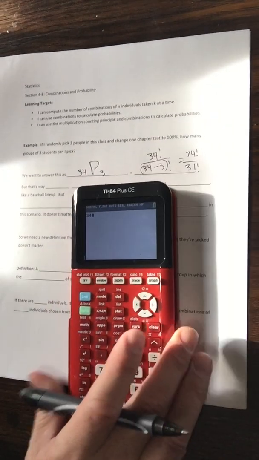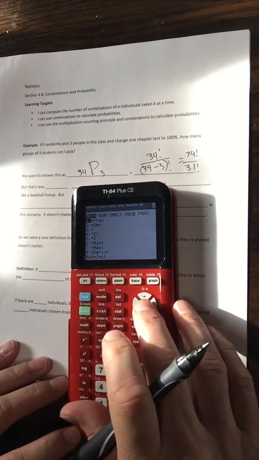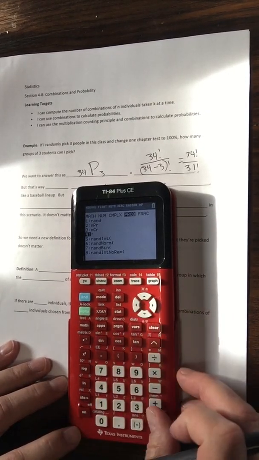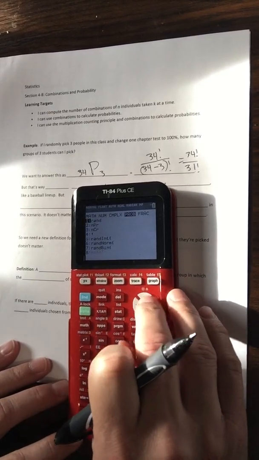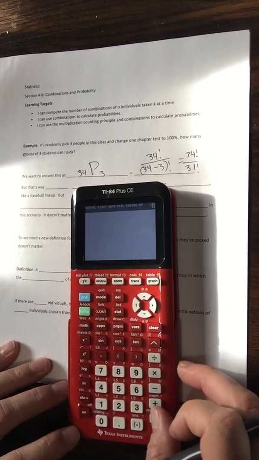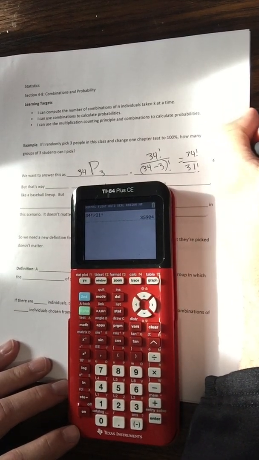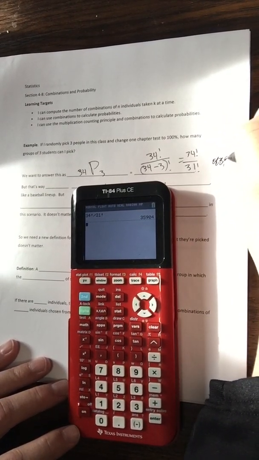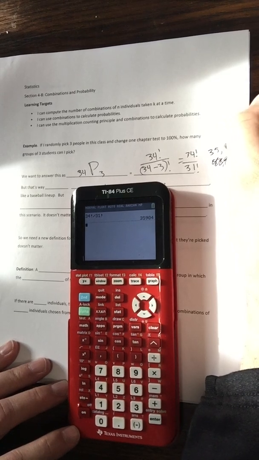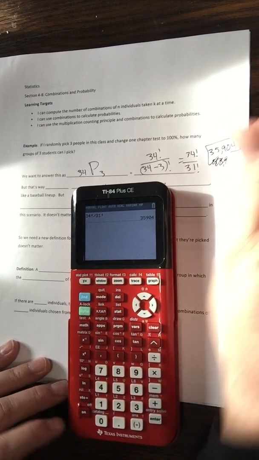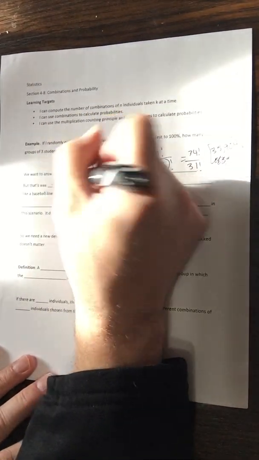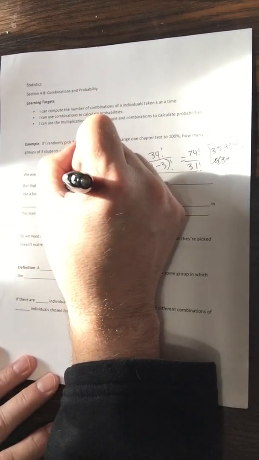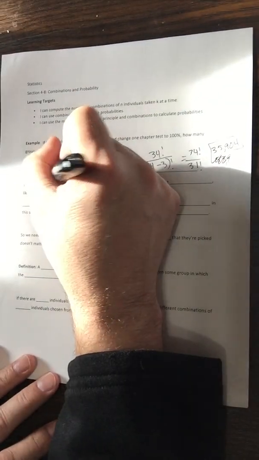I'll go with my calculator. 34 factorial divided by 31 factorial. And I get for that 35,000, that's not how you spell 35,000 at all. 35,904. But that's way too many. And that's not how you spell that either. Oh man, this is going to be a good set of notes. Boy, you can just feel me getting stupider and stupider. That's way too many